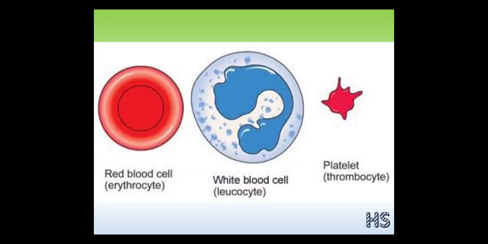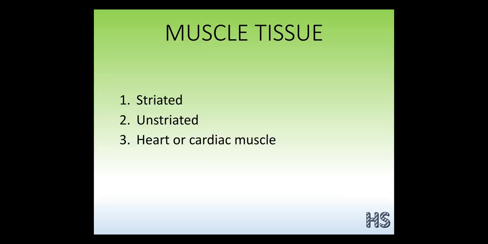See, these are the different types of structures which are present inside the animal tissues: RBCs, WBCs and platelets. The RBCs have a biological word, that is erythrocyte. WBC is called the leukocytes and the platelets are called thrombocytes. These erythrocytes, leukocytes and thrombocytes are nothing but the biological terms.